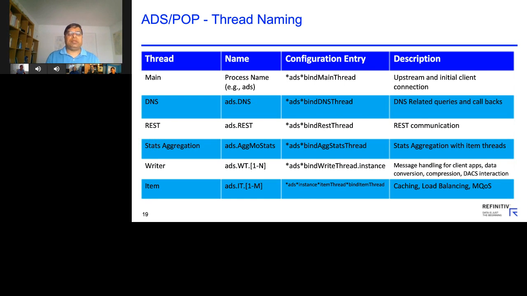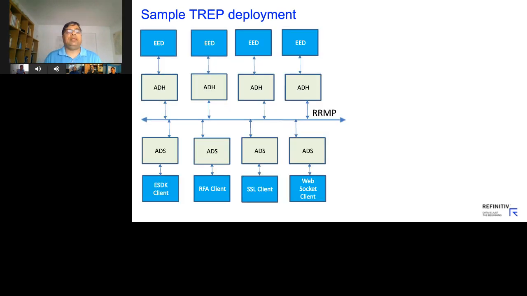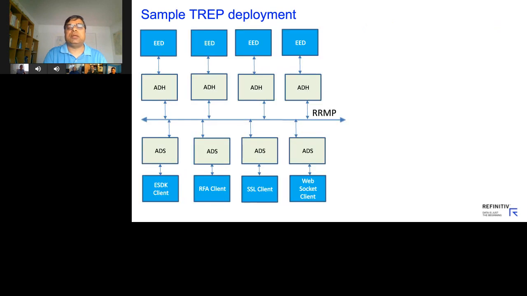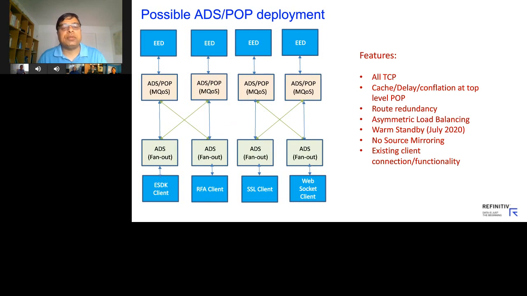So just to see how we can deploy ADS-POP in different ways. If we were to take a sample TREP deployment where we had 4 EEDs and the ADHs connecting to each EED and then RRMP, ADSs, and then the subscribers, we can shift this to 2 layers of ADS-POPs. We can replace the ADHs with the ADS-POPs at the top, and we can do the caching, we can do the MQs, and